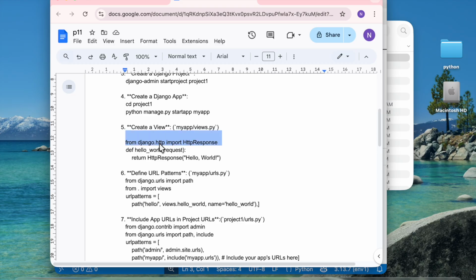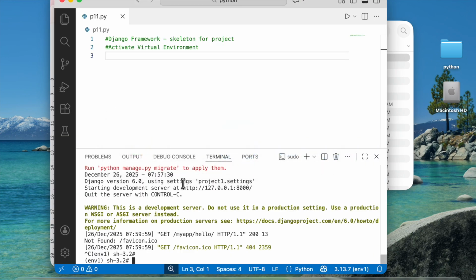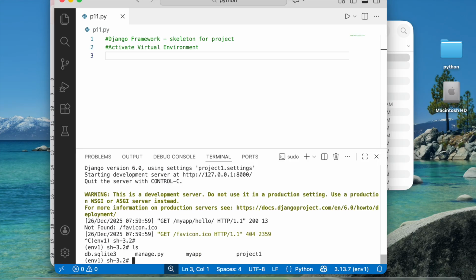I pasted this line first, the import statement, and then I pasted this entire thing. So I'll just simply show you. Let me just see where I am. And then I'll cat project1/views